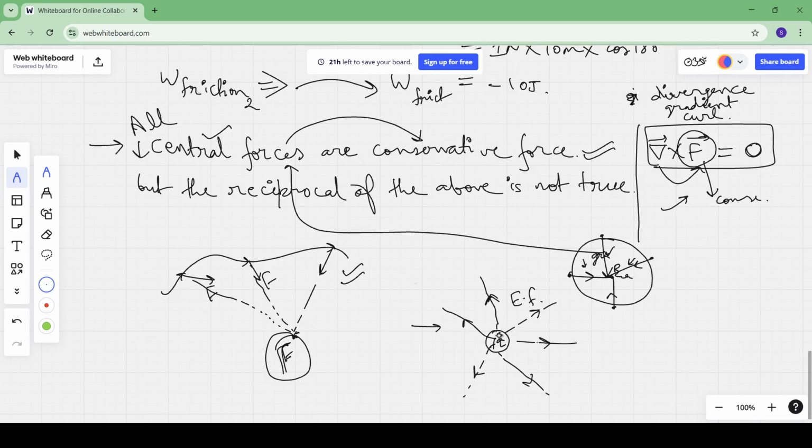Along this direction, when a charge comes up, if it is a positive charge it will experience a force in this direction, and if it is a negative charge it will experience a force in this direction, which is the attractive force, and this is the repulsive force. What does it determine? These lines are not going to curl like this. So if you calculate the curl of this thing,